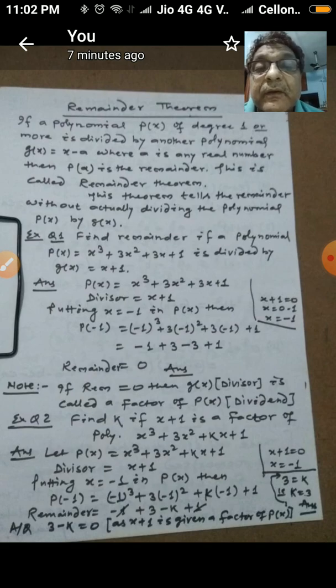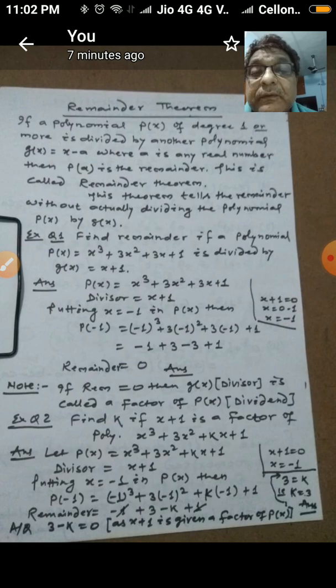Then we find the remainder without doing the actual division process. So this theorem helps in this regard, that without performing actual division we can find the remainder when one polynomial is divided by another polynomial. But the limitation of this theorem is, the divisor should only be in the form of x minus a or may be brought in the form of x minus a, then only this theorem holds good.